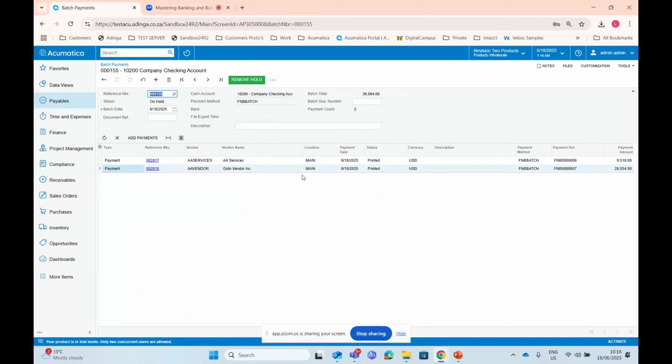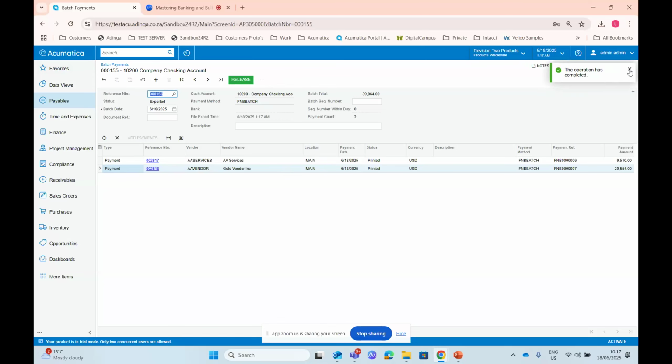So now I've got my batch payments. I can see the amount I'm going to pay into the bank and I can remove hold. So I've got an option now to export. The reason why we put the export button before the release button is that you can first import it successfully into your bank and then come and release it. Should there be a problem in the bank, you can put it back on hold, remove some of the lines, and import it again. If we don't do that, and you release it and there's a problem, then you have to void this whole batch and start over. Okay, so I'm going to click on export.